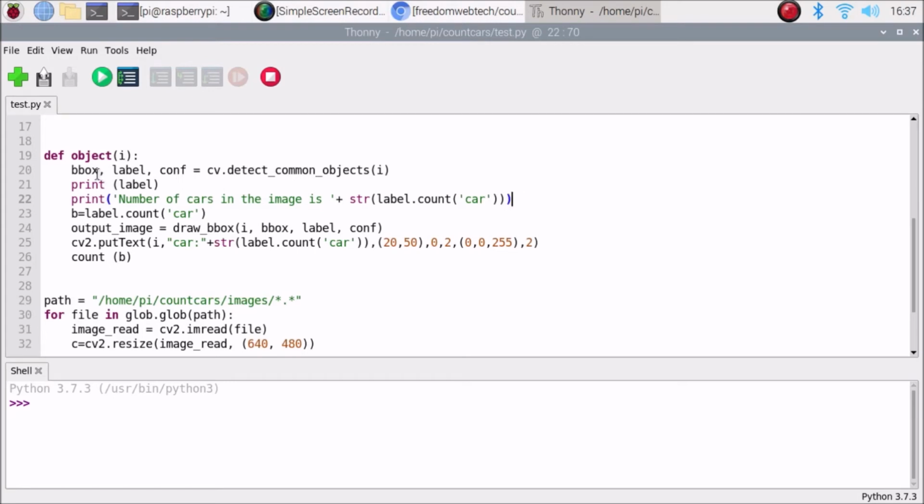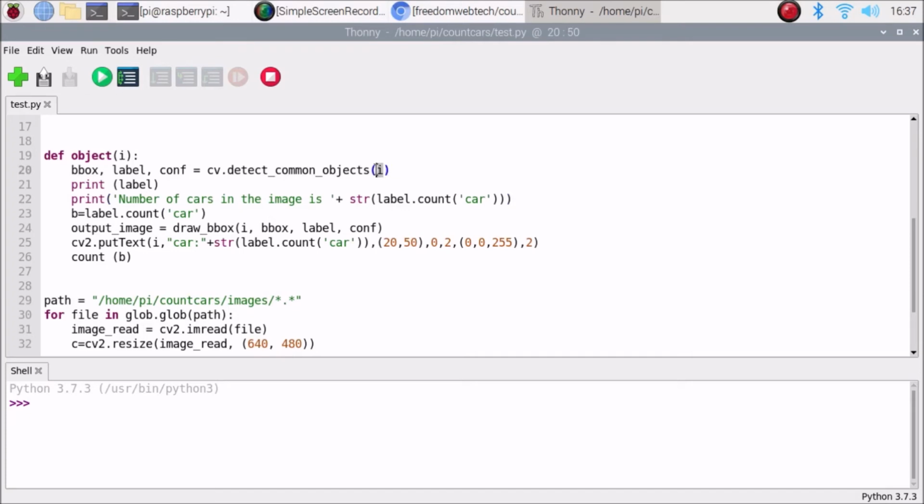Bbox is for creating bounding boxes. Then label. Label means which object we have inside the images. Suppose we have an image and inside that we have cars, so cars is just a label. So bbox is for bounding boxes, creating the rectangle, then the label and the conf. Then cv.detect_common_objects, and I is just the object which I have already told you.